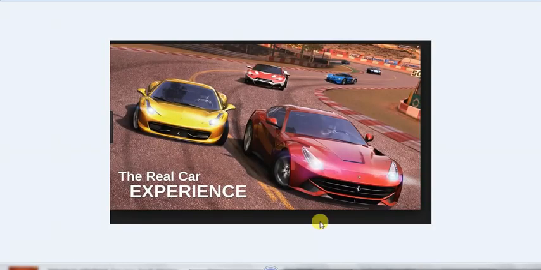Let us take a real life example to understand what exactly viewing volume is. See, there are several cars in a car racing game. Some cars are at the front and some of them are at the back. But how do we know that some of the cars are at the front and some of the cars are at the back? We are actually viewing a two-dimensional image.